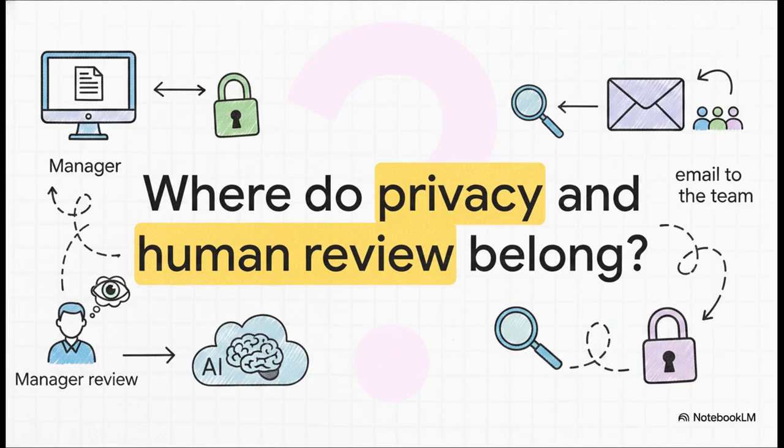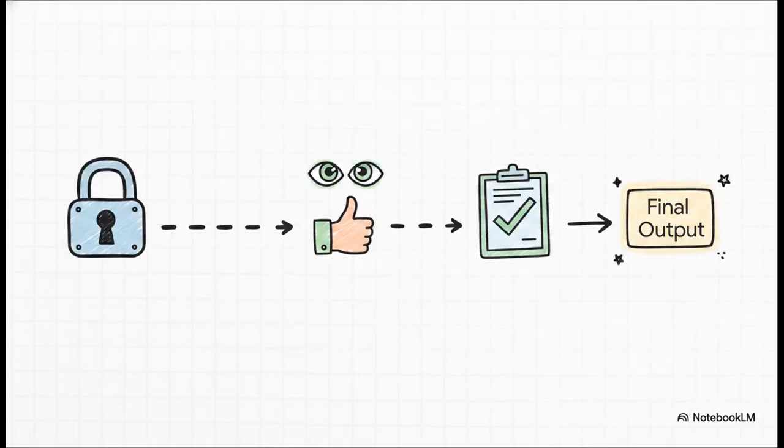Imagine a scenario where a manager asks an AI assistant to review a project report and email a revised action plan to the whole team. Just think about that for a second. Where exactly should a human intervene before that email goes out? Where do privacy, validation, and identity actually fit into this workflow? Well, the answer is that those checks have to be explicitly hardwired into your operational controls.